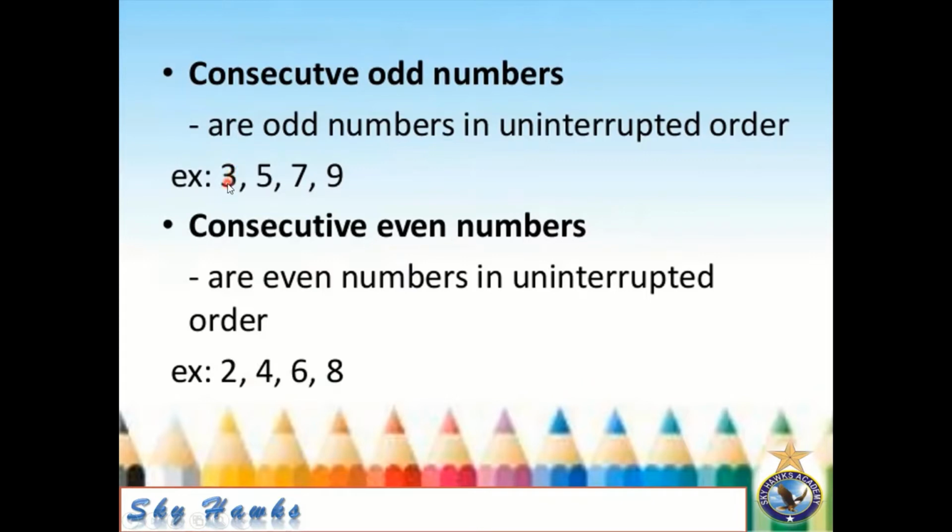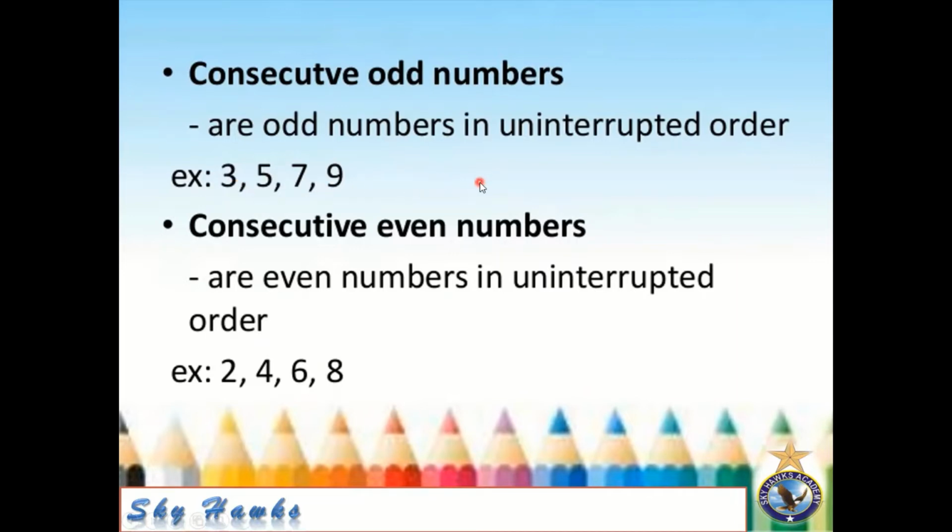After the first odd number 3, the second is 5, with no missing number, and we just get the next one immediately after that, 7, and after this 7 the next immediate odd number is 9. Similarly, uninterrupted flowing starting from 2, then 4 and 6 and 8 and so on. So these are the consecutive even numbers and consecutive odd numbers. If you are asked to find these types of problems, you will have to keep all these things in mind.